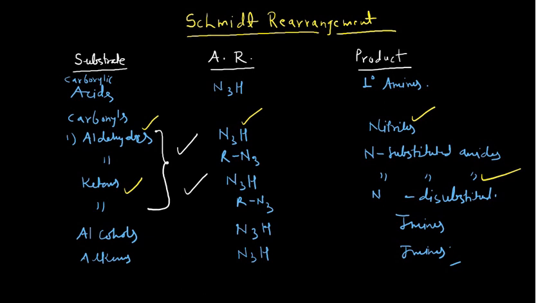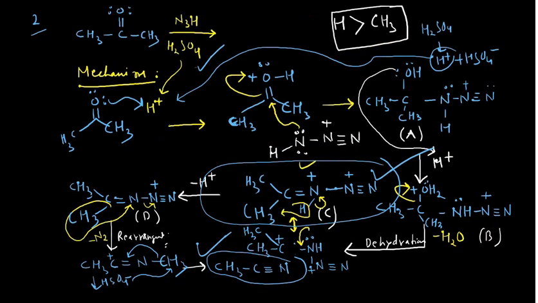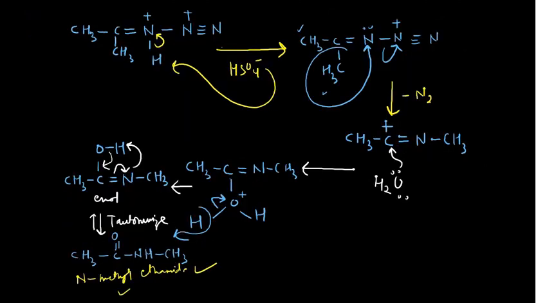Similarly, you can try this combination also: start with the aldehyde and do the reaction with this one, so you end up with the N-substituted amide. Okay. So this is something very, very important, and you should know this thing. So this step, this one, let me show you again. See, in this step which I have done here, if you follow regularly, in the next page you can see what I did.